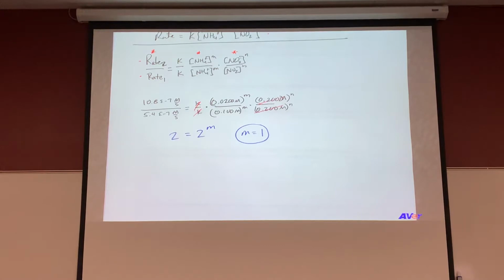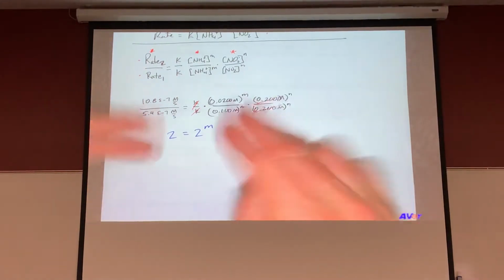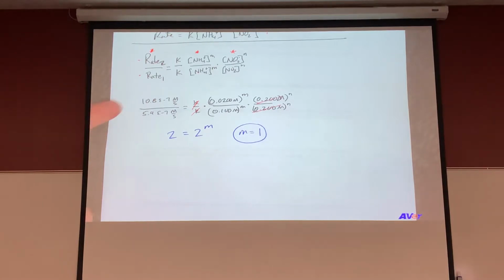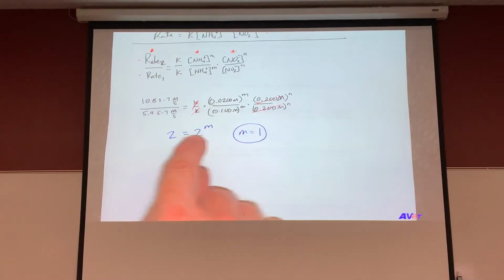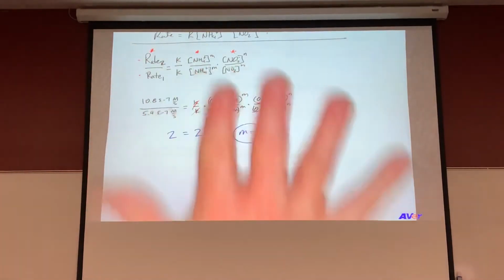This is called the method of initial rates. You'll have a data set where you can pick 2 trials. Do the larger numbers divided by the smaller numbers. It just makes it easier. If you inverted this, it would work as well, but having numbers like 2s instead of halves makes it easy. Write 1 trial, write the second trial, cancel the things that cancel. And that lets you see very easily 2 is equal to the what? And the answer is 1. What questions do you have about this?